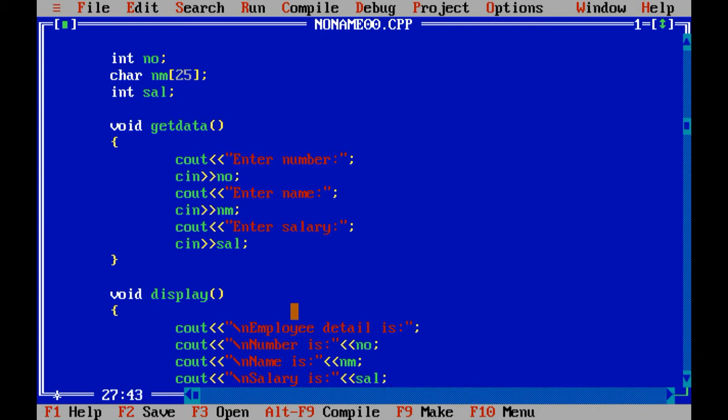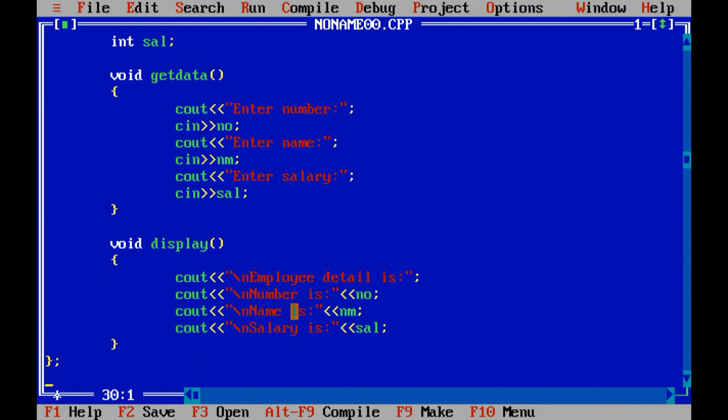See, I have taken only a single example, similar to the previous one, whatever the class we have declared, or we can say declaring member function inside or outside any class. Why? Because you can get the difference between all the concepts. That's why I have taken the same program, the same class. You can also develop class student, or class mark, or class department. Any class you want to develop, you can take, and you can put the variables inside that particular class, right? So over here I have taken the same example.